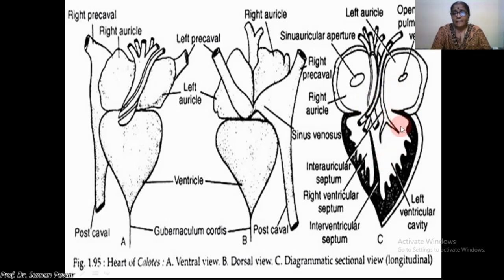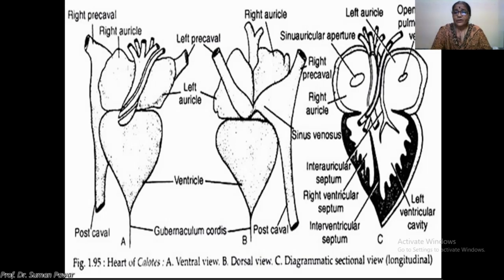Here is the ventricular cavity, which internally shows several muscular folds. Of these folds, one extends deeply into the ventricular space. Thus, it divides the ventricular cavity, or the ventricular lumen, into two chambers. This is the left chamber and here is the right chamber. This right chamber is also called cavum pulmonale, whereas the left chamber is called cavum dorsale.